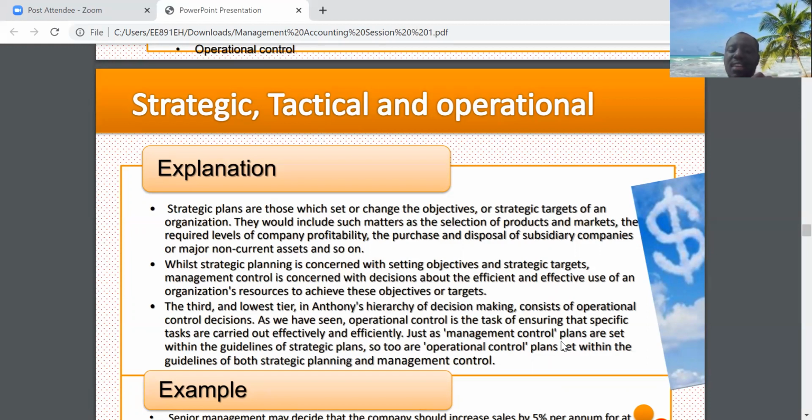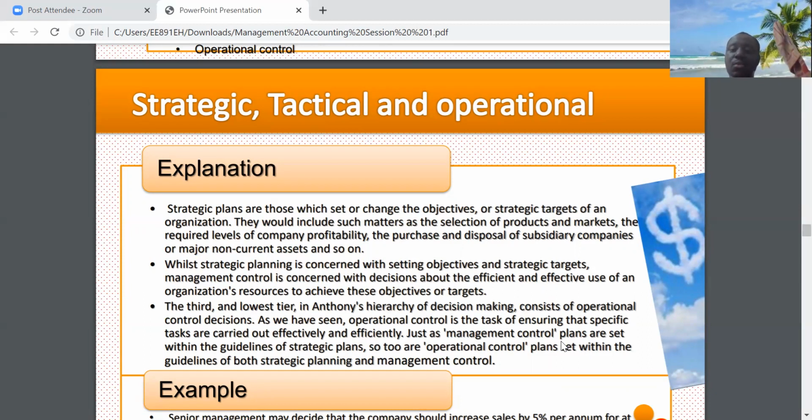Strategic planning is concerned with setting objectives and targets. Tactical control or management control is concerned with decisions about the effective use of an organization's resources to achieve the objectives that have been set. Then the lowest tier, which according to R.N. Anthony, is